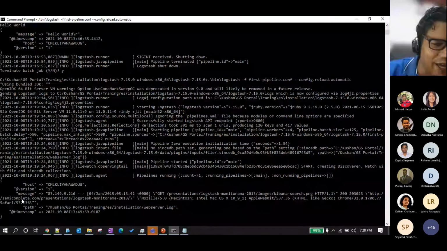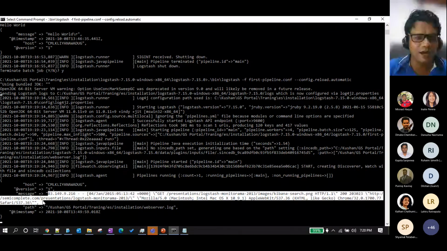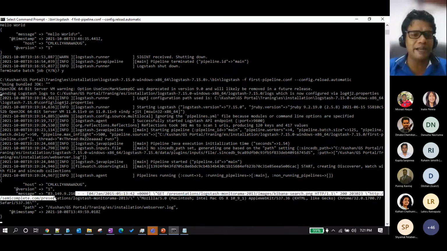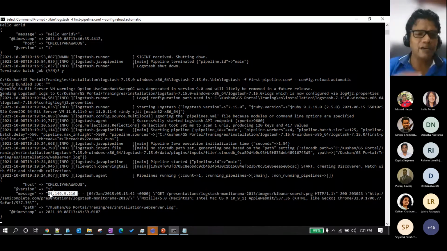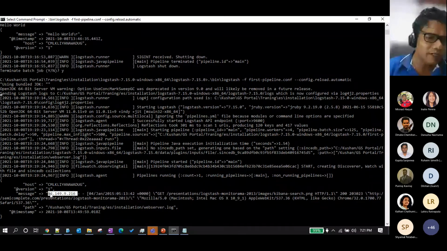Where my whole log snippet is there, but I want to do some searching in Kibana, for example from this client IP. It's very difficult because it has been saved as a sentence, not in a better way. The better way of doing it is to do the filtering. Filtering will do what? Cleansing.